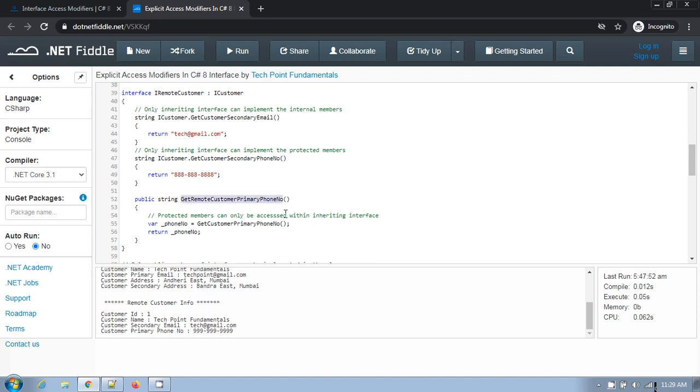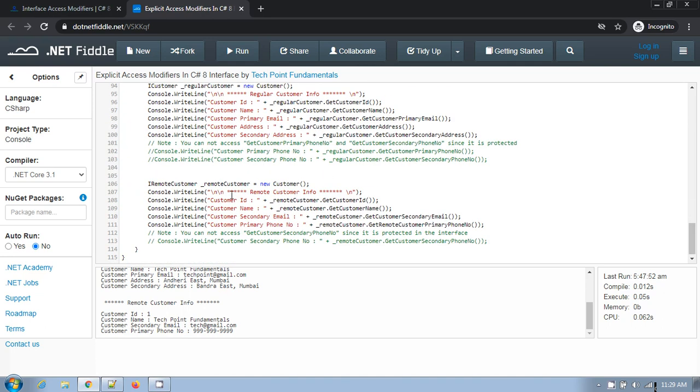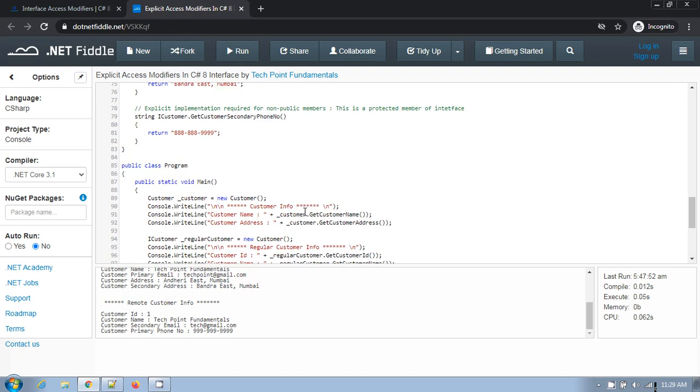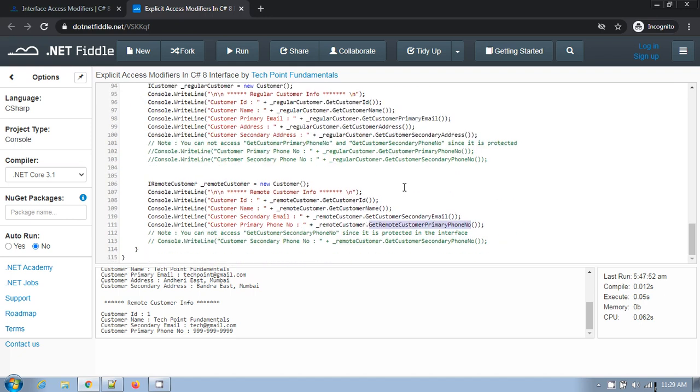If you see here, I have created the interface reference variable of type IRemoteCustomer, and here I can see GetRemoteCustomerPrimaryPhoneNumber, right? So that's the use of a protected member in an interface.